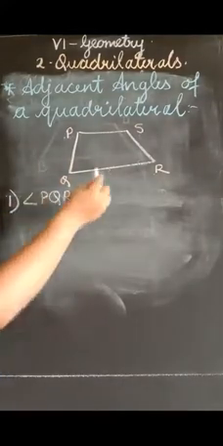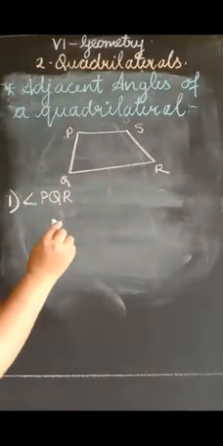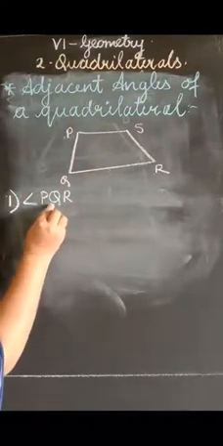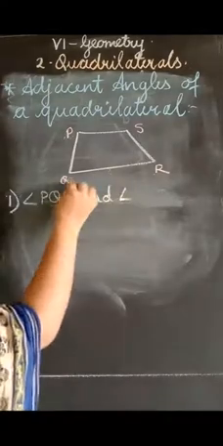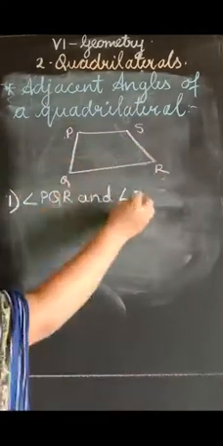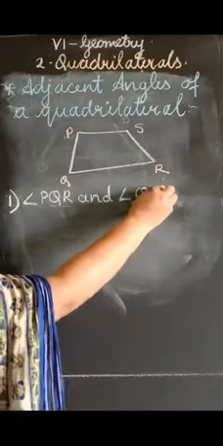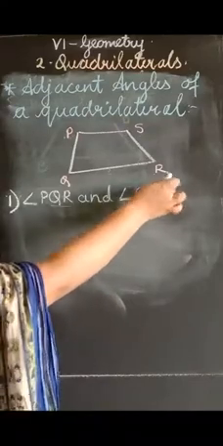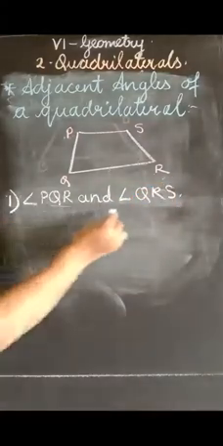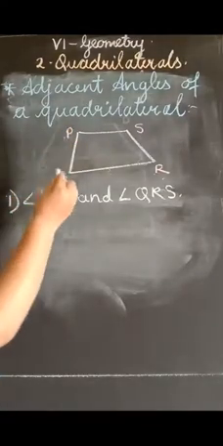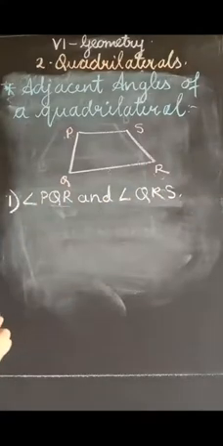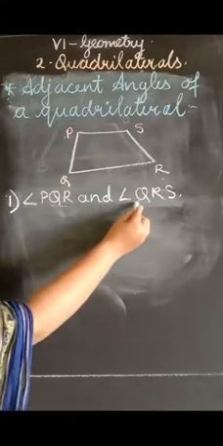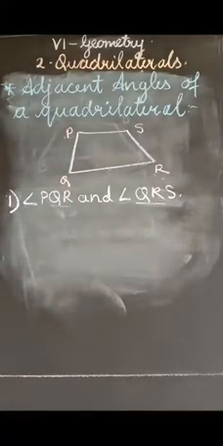We all know that adjacent angles are having common side. Yes, so we will start from QR. See here, and angle QR and go further. What will be that? QRS. Did you understand how to find? So this is our first pair. See here, angle PQR and angle QRS. Yes, now what is common in both of them? QR is common, so our answer is correct.